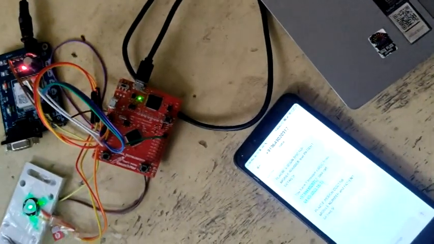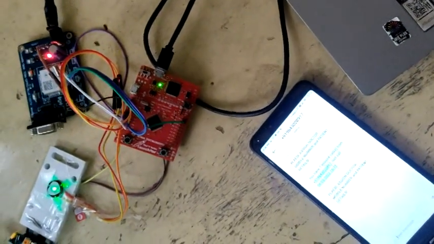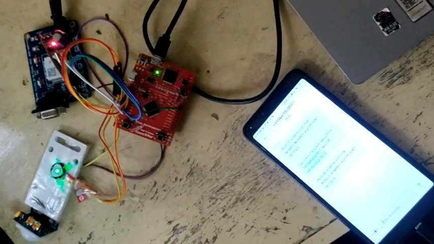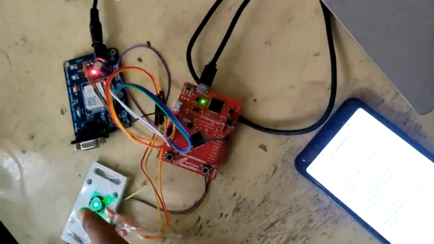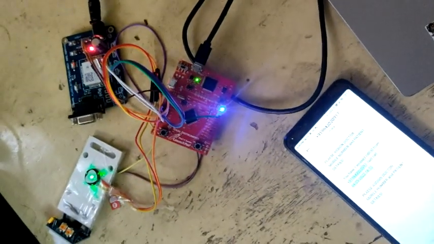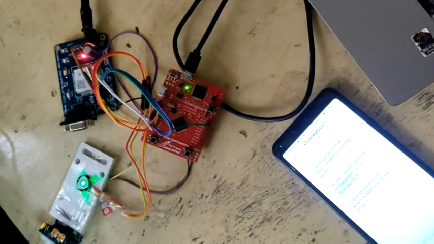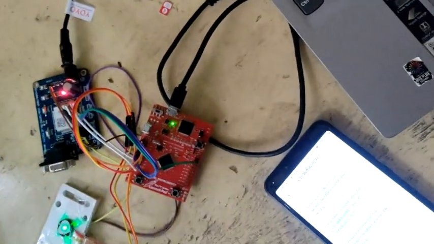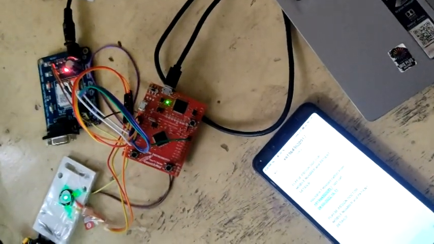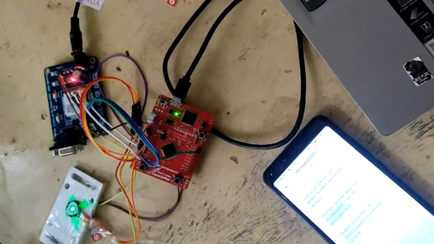So our project is a health monitoring system using GSM and a server. Actually, we are sensing the pulse rate of a patient, and we are sending this pulse rate to the server. We are sensing the pulse rate every 20 seconds, and after 20 seconds, we take around 10 seconds to send this pulse to the server.